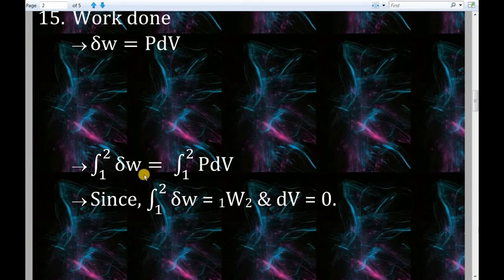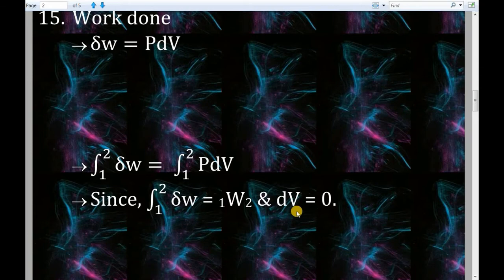Generally, differential work or total work done is a path function. We cannot integrate this term. So, the integration of δW between the limits 1 and 2 is 1W2. Okay? And we know that this is a constant volume process, so there will be no change in volume. So we can say that the change in volume is 0. So therefore this dV